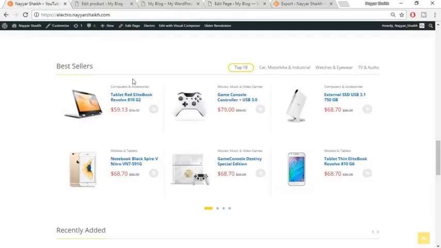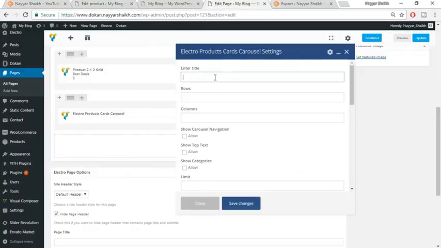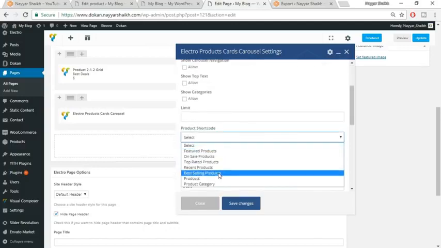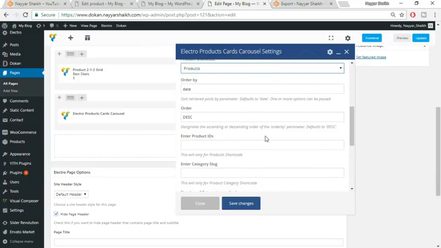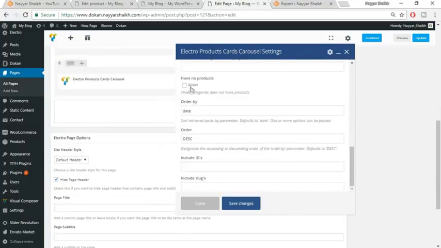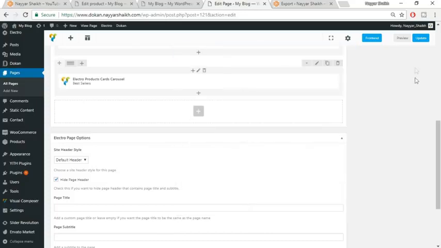Okay, now we can add this title, best seller. Then you can have these rows, columns and so on. Product shortcode, what kind of product to be shown, which we'll just put in products. Okay, I have no products, allow. Now click on save changes, click on update,